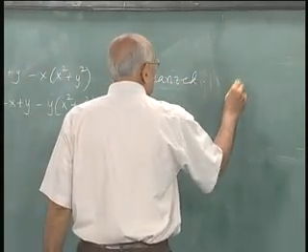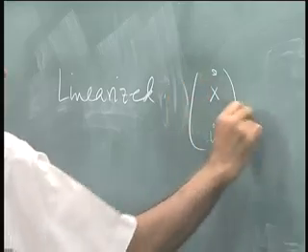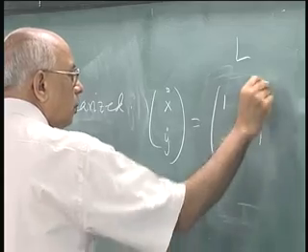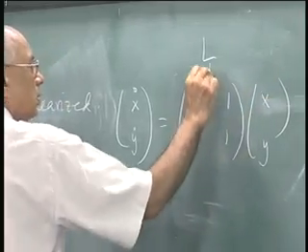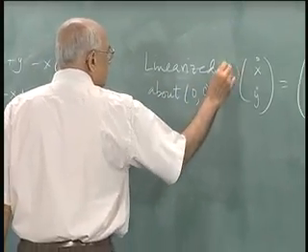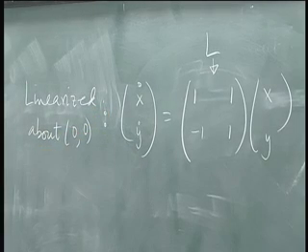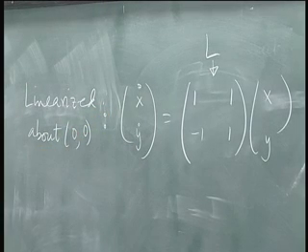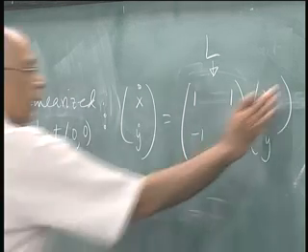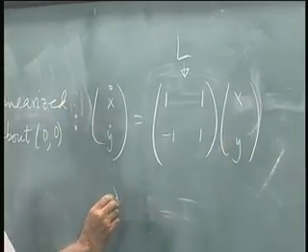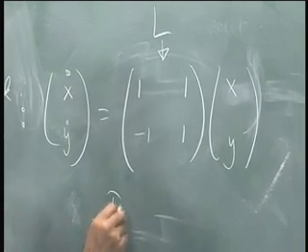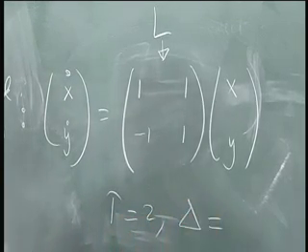is x dot, y dot equal to this matrix L, which in this case is 1 1, minus 1 1, acting on x y. This is the linearized matrix. What kind of critical point is it? Well, we need to know its eigenvalues. So let us find its trace and its determinant, and that should tell us immediately what happens. So the trace T equal to 2 and the determinant delta is equal to,